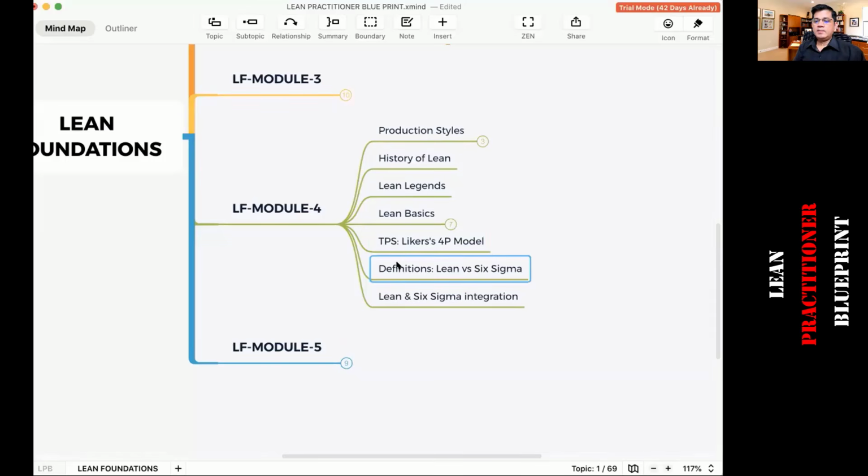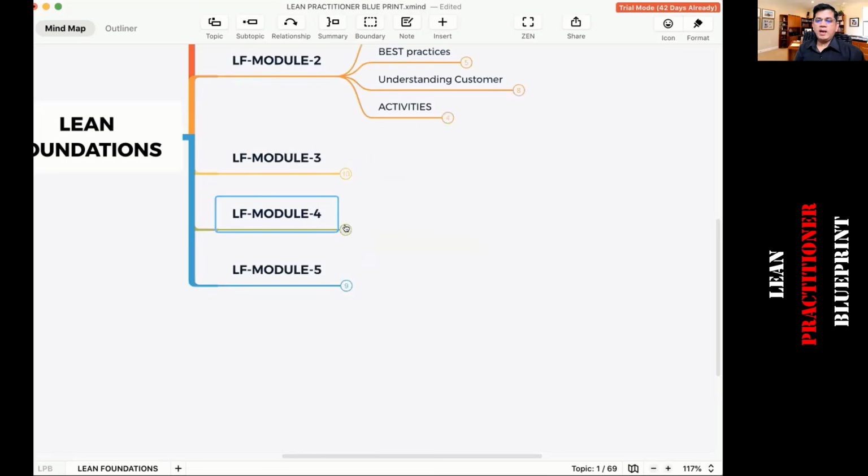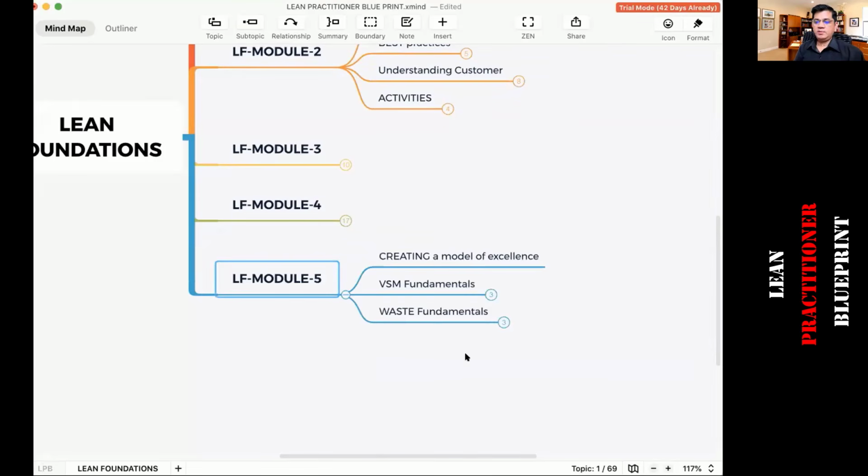And integration of lean and Six Sigma, which we spoke about. And then in module 5,